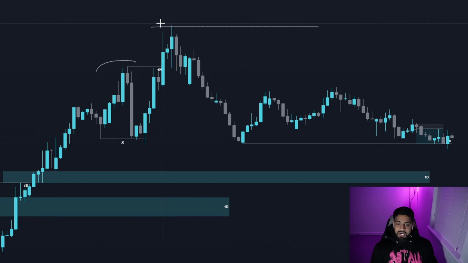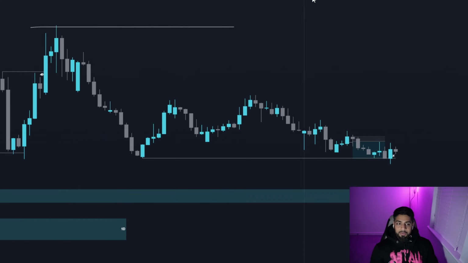Now, it's key to understand what previous price action has done, because it sets the precedent moving forward of what price will do, because it's done it before. So it's best to spend time in the market understanding the footprints that price leaves behind. So now that we understand that price is bullish and previously it has taken liquidity before giving us a